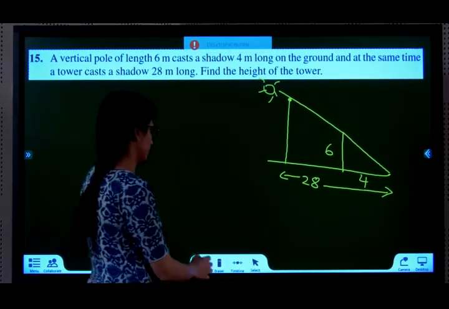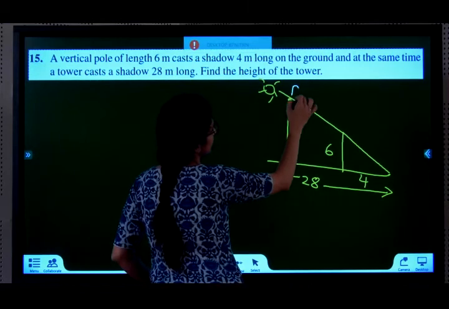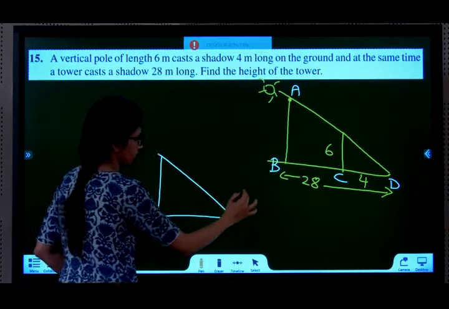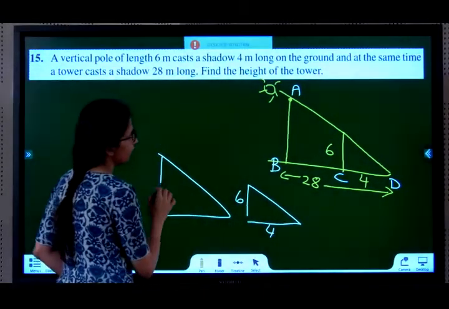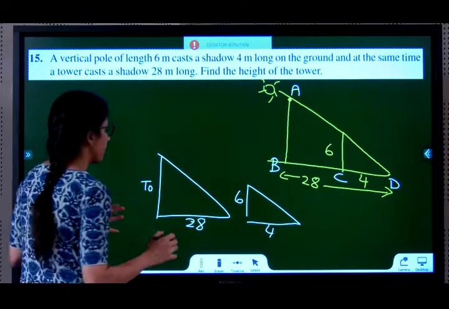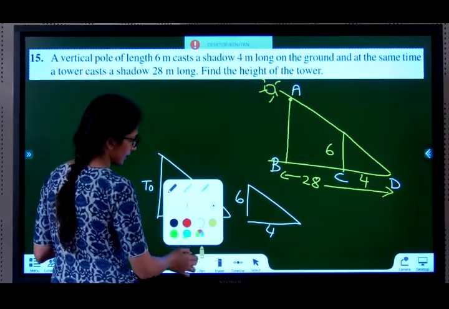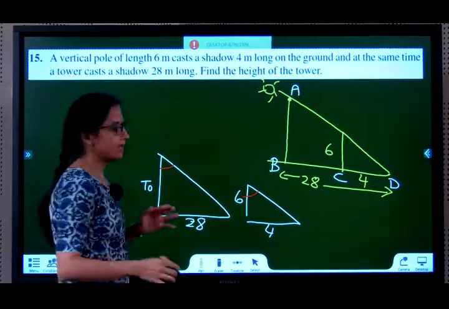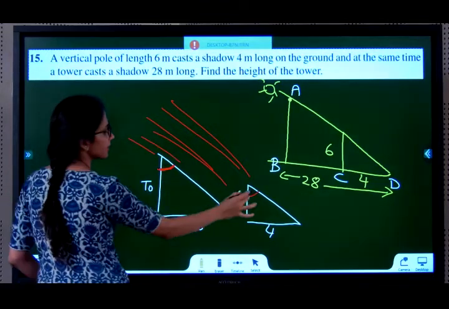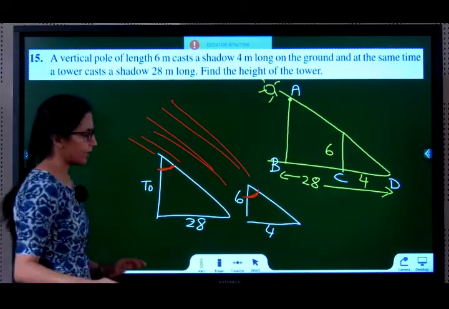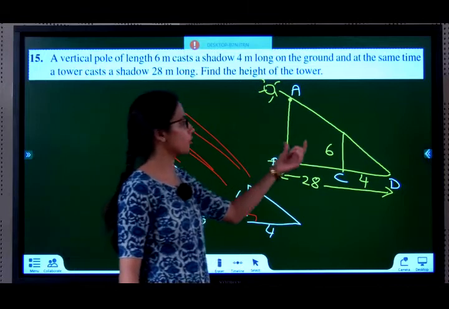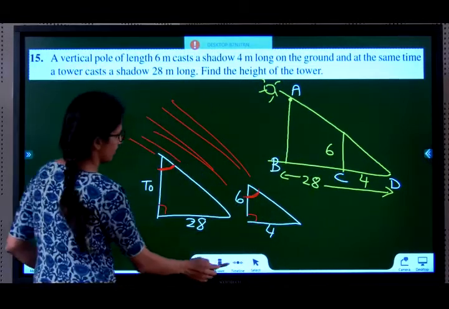How do you know that is only the shadow, and how do you know they both form the same triangle? Not at all necessary. If you take the figure like this, also it's fine. This will be 6 and 4, and this is the tower and this is going to be 28. This is also correct. But you have to recognize that this angle is equal to this angle. Why? Rays coming from the sun are parallel rays, right? So whatever angle this will cast, the same angle this one will also cast. And this is 90, 90, so these two triangles become similar. This is one way you can draw it as two separate triangles, or you can take them both as one single triangle. Is that okay?